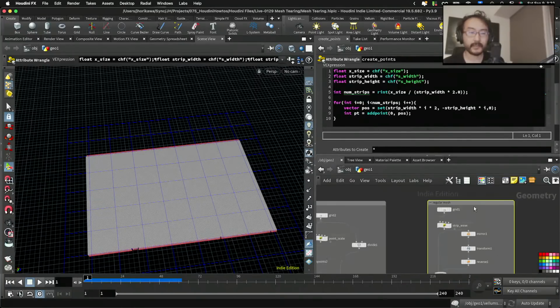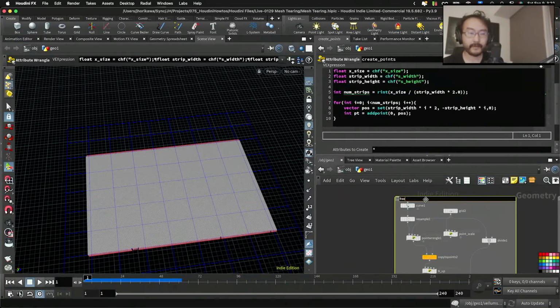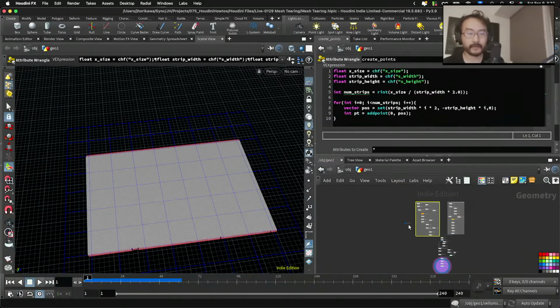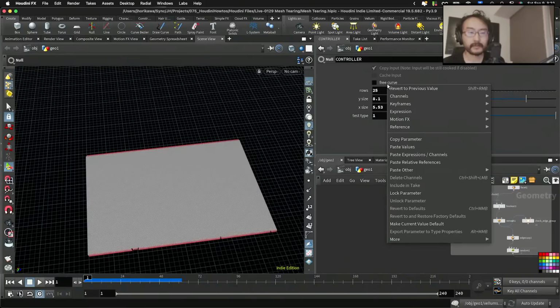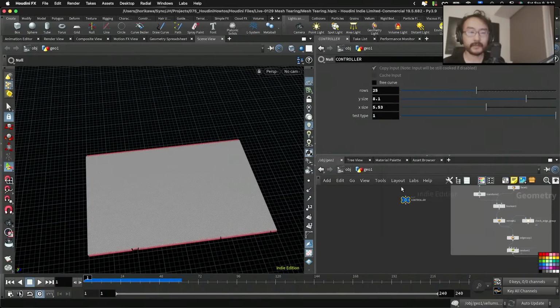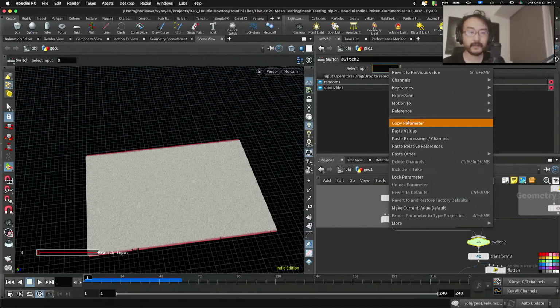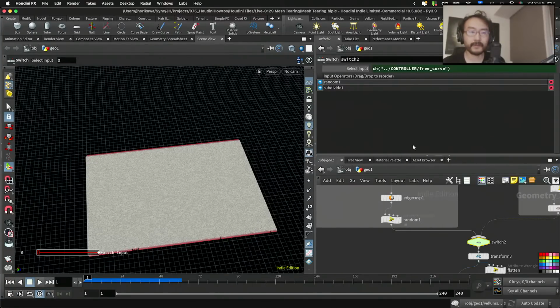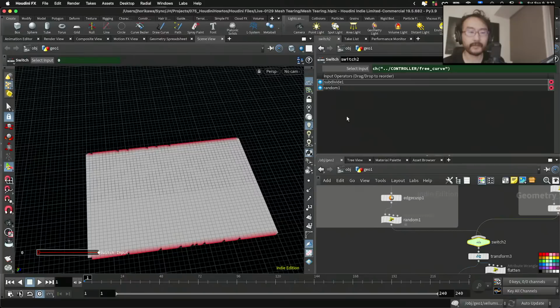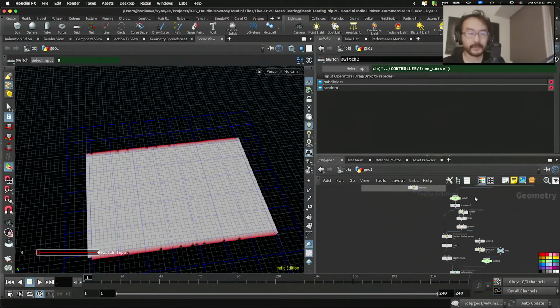Regular mesh, free curve, cut. Copy this, paste it here. So if it is true, I want to use the left one, so let's change the order here. Right. Now